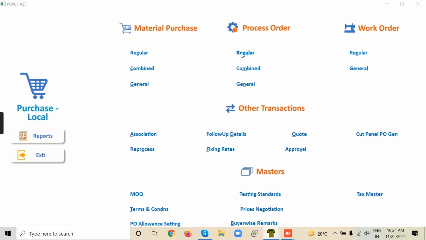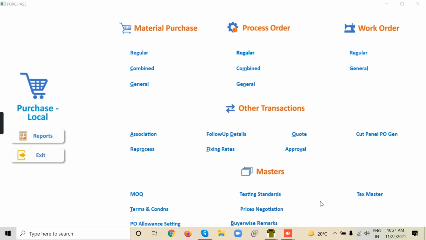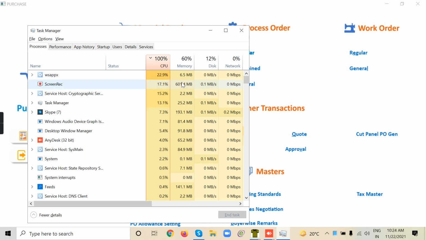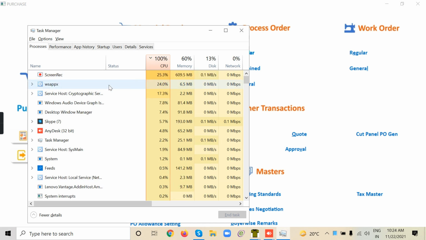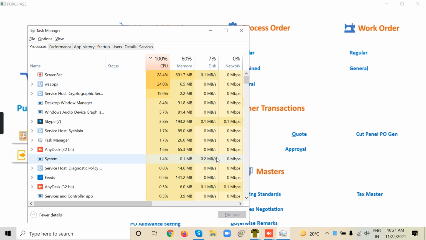It's very late. Its response is very late. Shall we close and reopen it again? One moment. Can I just have a look? Your CPU is 99%. Which is taking more? Screen recorder, WSAPA.